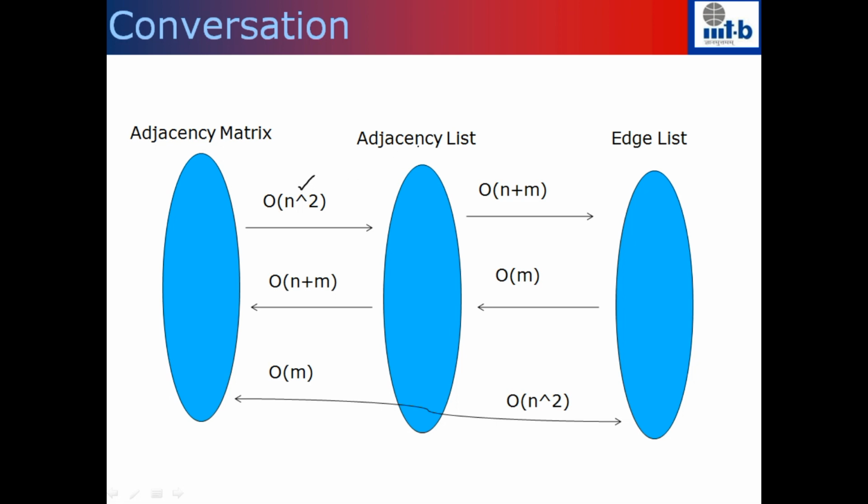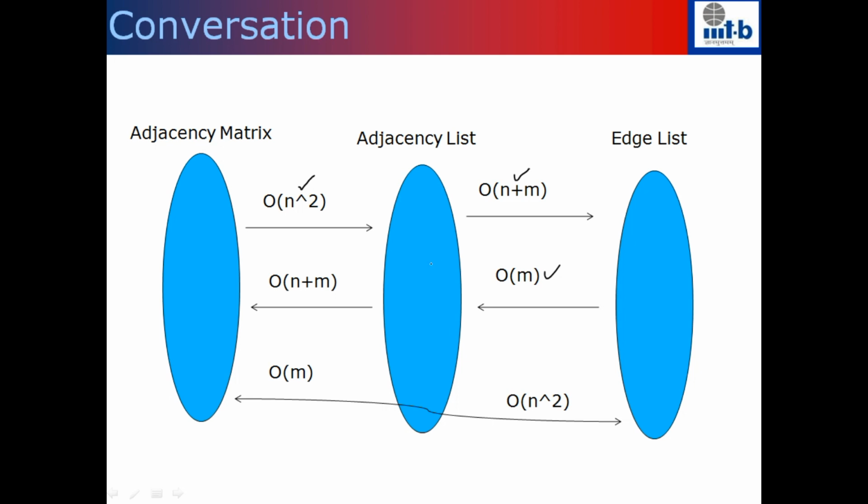Similarly, if you want to go from adjacency list to edge list, you go through the adjacency list. If it's a null, then you don't have to do anything. Otherwise, you just concatenate all of them and create an edge list. So this conversion will take order n plus m. But if you want to go from edge list to, let's say, adjacency list representation, then go through this edge list. Each node in the linked list will have an I comma j. So in that case, you go to the vertex list corresponding to I, then create a linked list and store j there and add it to the adjacency list representation. So this will take order m time.